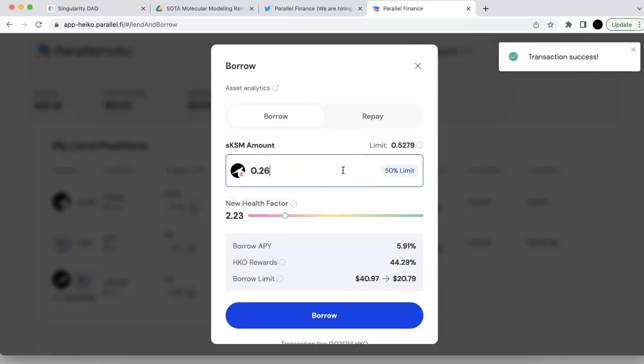Actually, is that the maximum? 0.4. Okay, I can borrow more actually. So I can borrow more of them, and then I can lend that again. So let's see if I can borrow 0.4. Okay, and so make sure your health factor is still above 1, because you don't want your asset, your